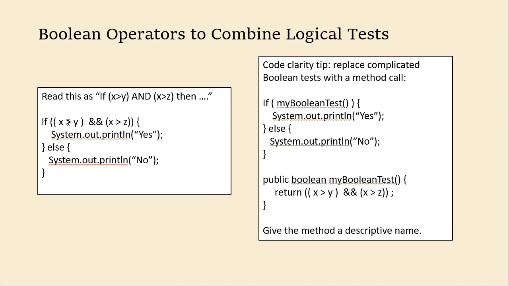I recommend not doing that. That tends to be confusing. Again, you're writing code for humans to understand, not for the computer. You're writing code for the human. And you may have understood it today, but you may not tomorrow. So putting in two tests like this with an and or an or operator, normally you can get away with that. If it starts to get more complicated than that, I would recommend replacing this with a method call